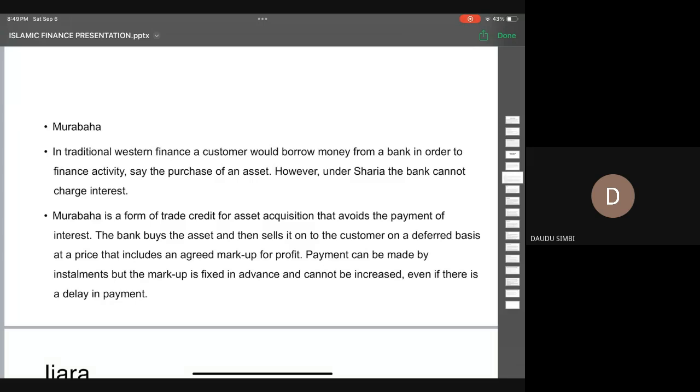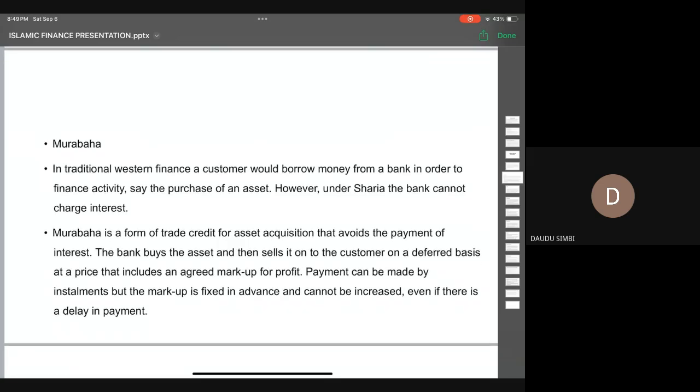So under the financial instruments, we have Murabaha, which is known as trade credit. We have Ijara, which is known as lease finance. We have Mudaraba, equity finance, Sukuk, debt finance, and Musharaka. So I'll be speaking on